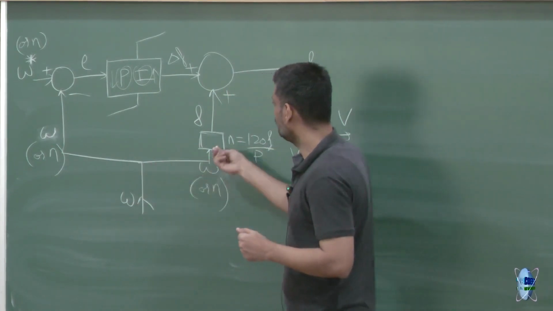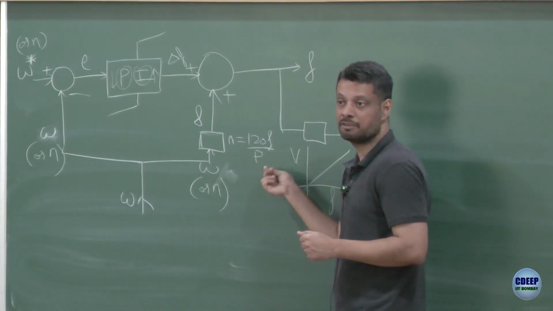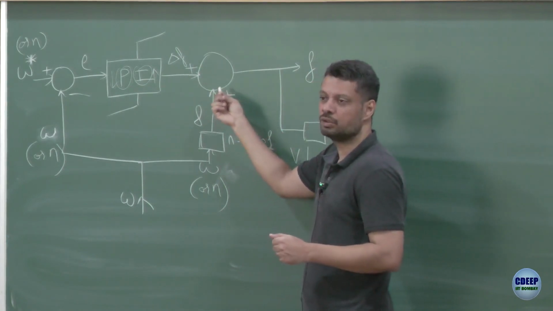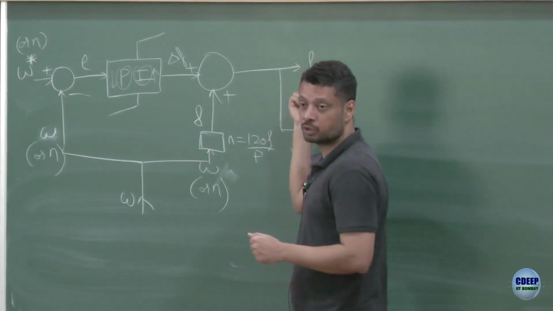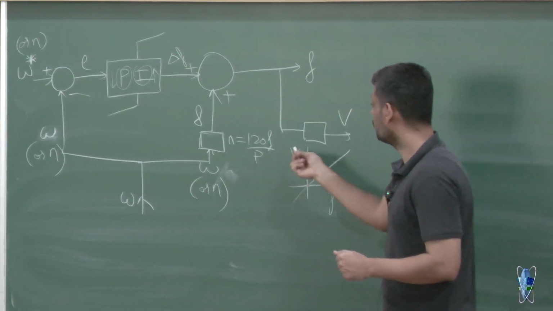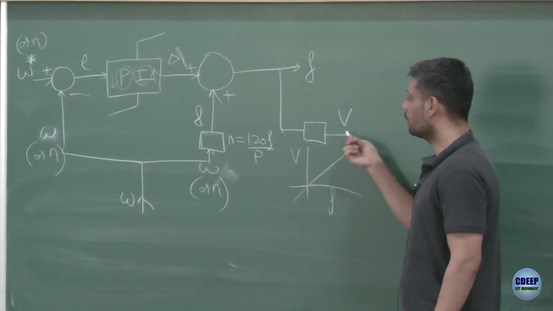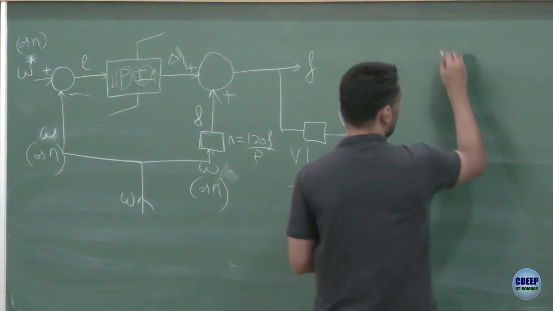Initially your speed is 0, so your F, which comes from N equals 120 F by P, is also 0. So this 0.1 hertz added to 0 gives you 0.1 hertz. You apply this 0.1 hertz to the motor, and corresponding to the 0.1 hertz, you find the voltage and you apply that voltage to the motor. So now you have applied